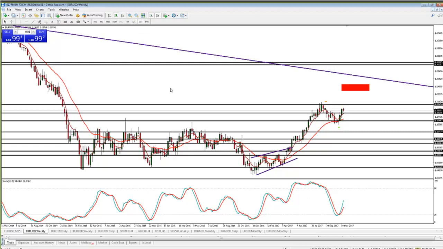And, you know, these stochastics are pointed up, but I could see them doing one of these numbers. I don't think prices reacted enough off that zone. It came down to this first bit of support, but I don't think prices reacted enough off that initial resistance to have enough energy to break this first zone and push up to 123.